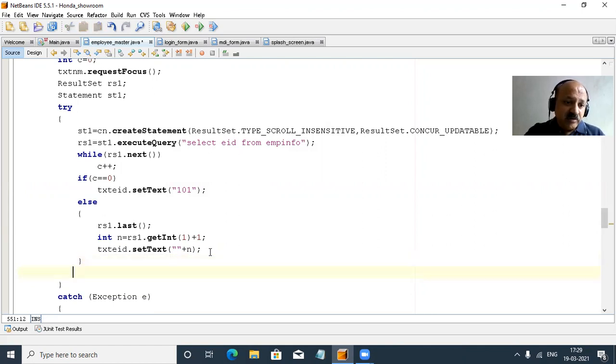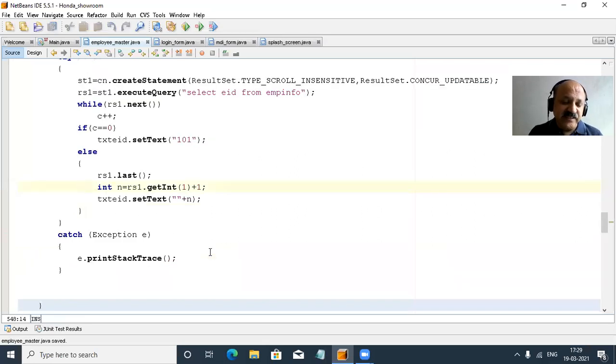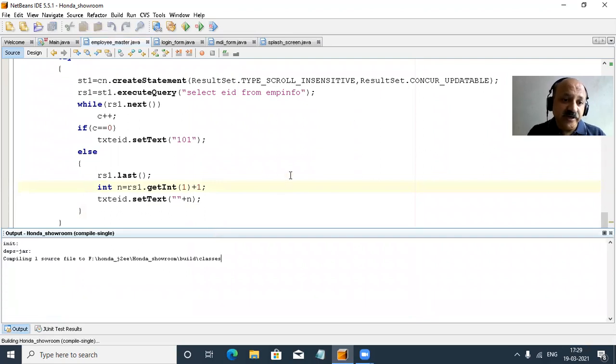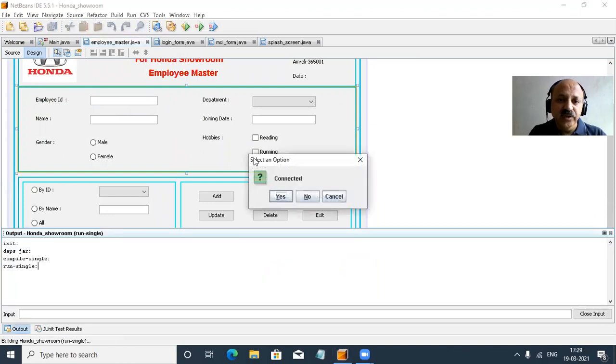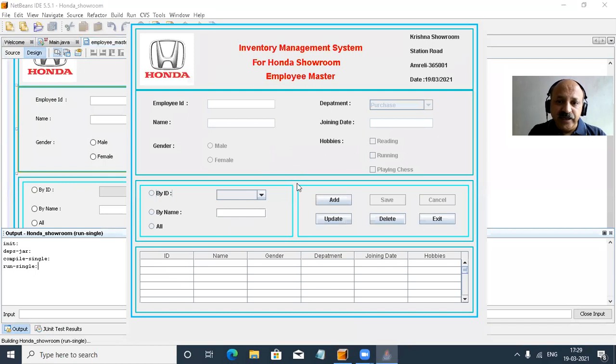So yes, let us check. Our add button coding is complete, and now first I save and then compile. So Control S to save the code and compile. Let us check whether it works or not. Auto generate employee ID. Yes, it compiled successfully, and now I first select that and press Shift F6 to run that form. So yes, connected, and look, now I press the add button. You can look here, all that was first disabled, and now it is enabled.